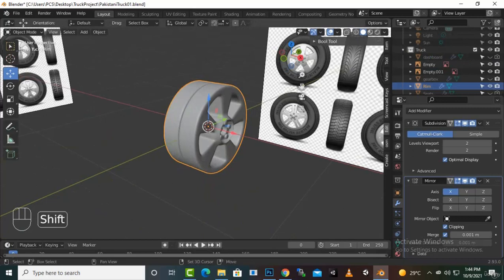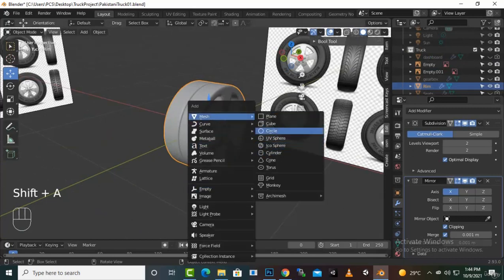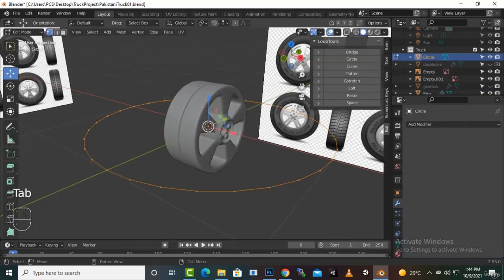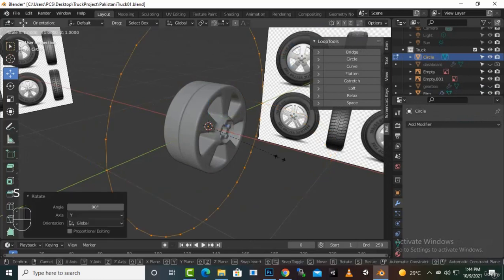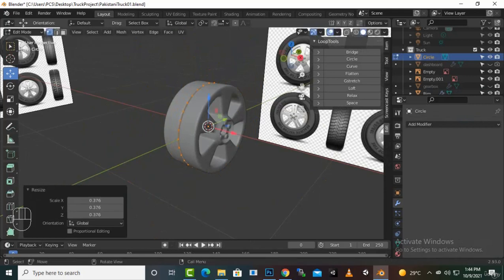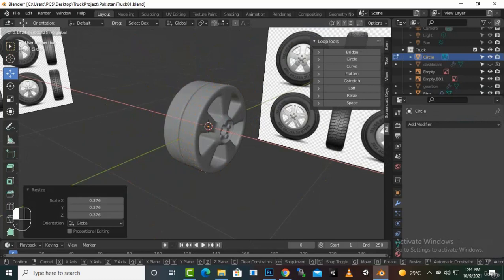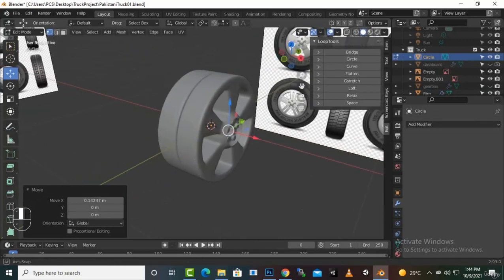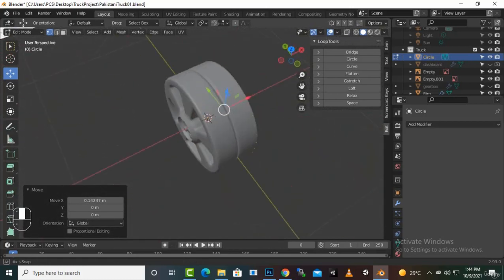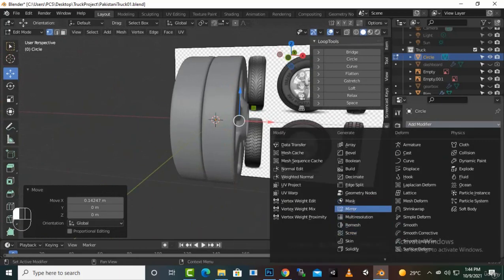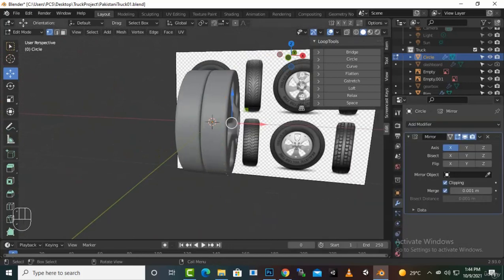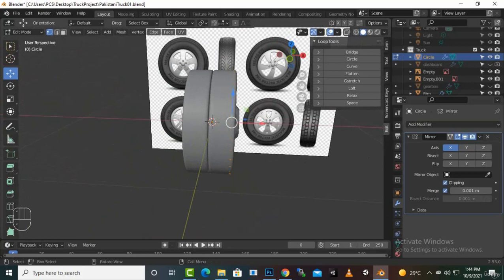So for the tire we will press Shift A, mesh, circle, go to edit mode, R, Y, 90 degrees, enter, and scale it, and move it to this part. Okay, we can move it inside the rim if we want. Okay, so it's up to you, and now we will start extruding it. So before that we will go to mirror, and enable the clipping as well. So now we will start extruding it